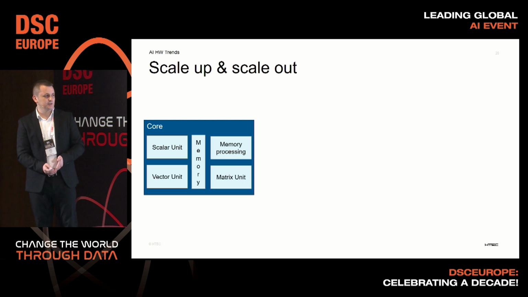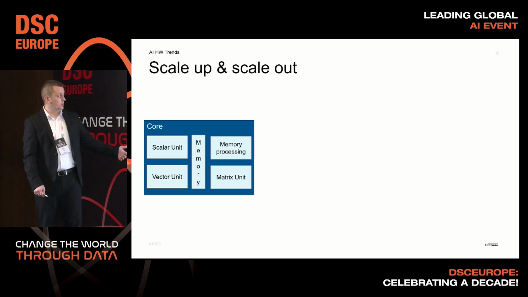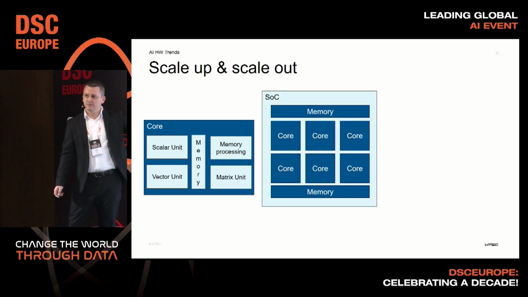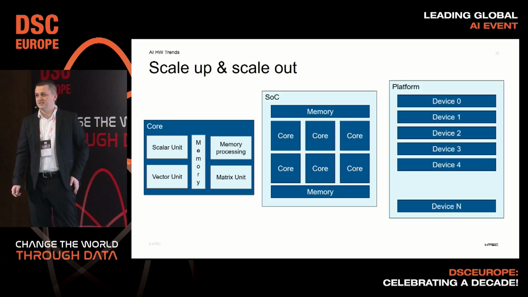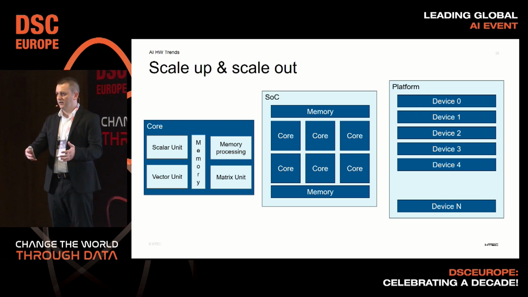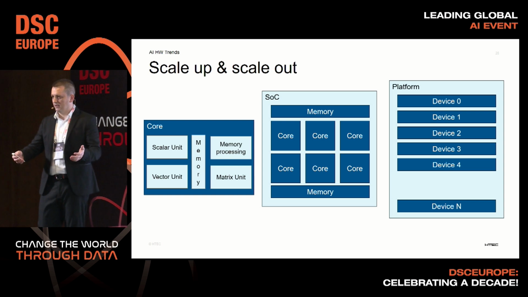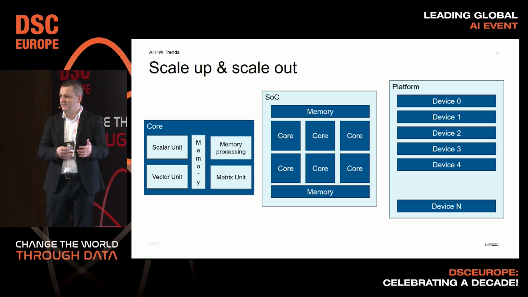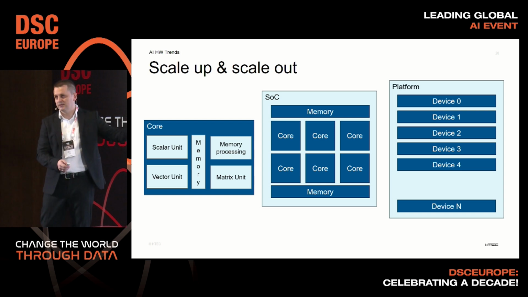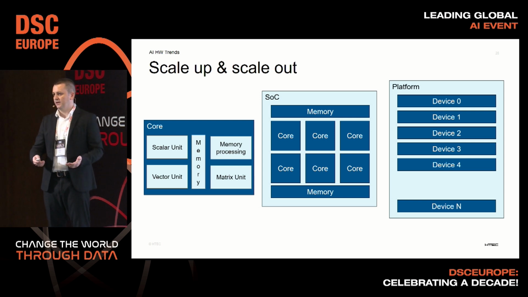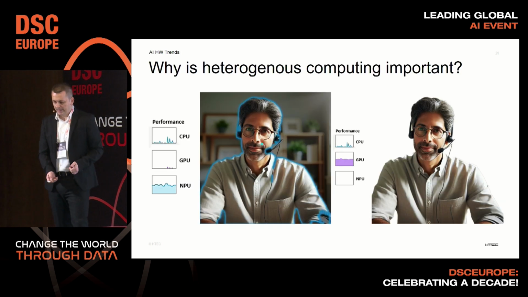One thing that is also recognized is that we have both scale up and scale out. If we have one processing unit, let's scale to make a single device, and put all devices together. With this approach, you can have solutions that put everything in memory, like all 70B, like 240 gigabytes of weights, you can put in a single system. One thing that also needs to be mentioned here is that you need very efficient communication if you want to scale. This is something that a lot of different companies are building right now.